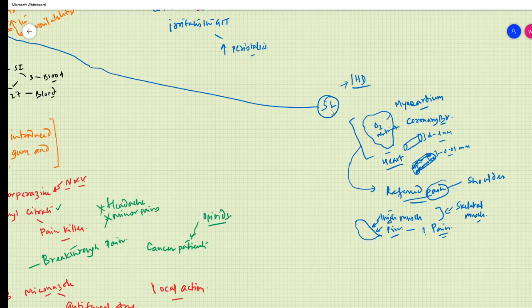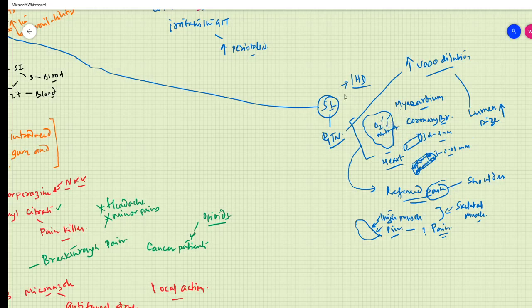And then you are going to administer glycerol trinitrate sublingually. So what that does is it increases the lumen size. It brings about vasodilation. So what does vasodilation mean? The lumen size increases. So now what happens is, if there is increased lumen size, increased amount of blood will enter into the myocardium. That increased amount of blood will bring in more oxygen, more nutrition, and then the problem will be